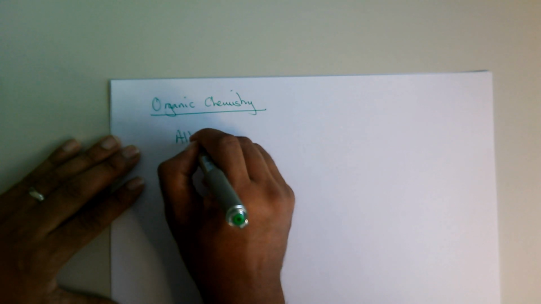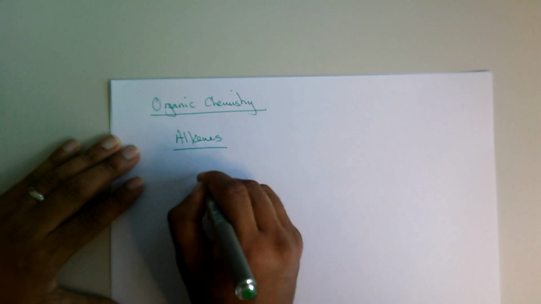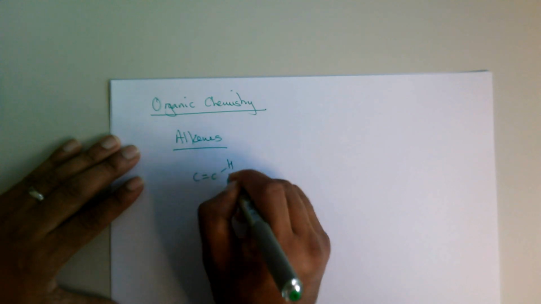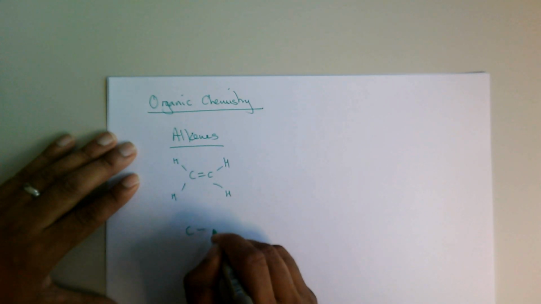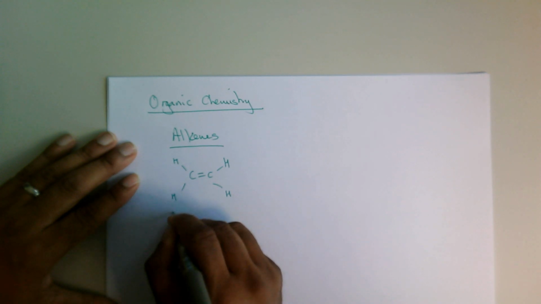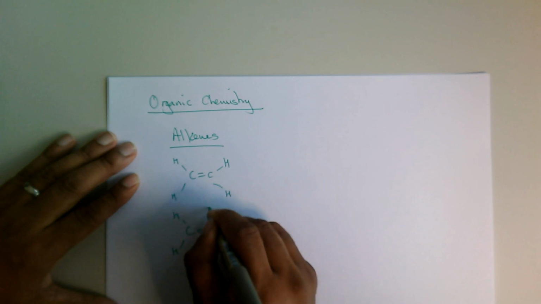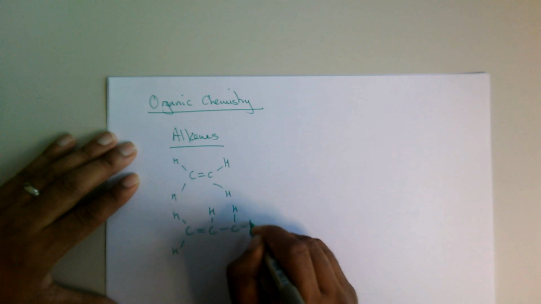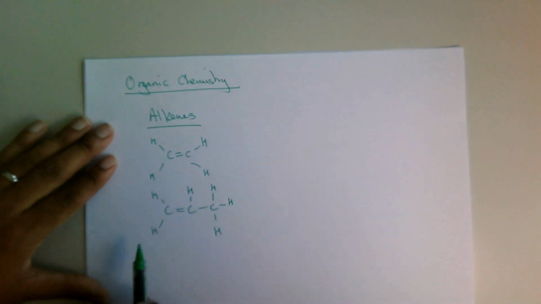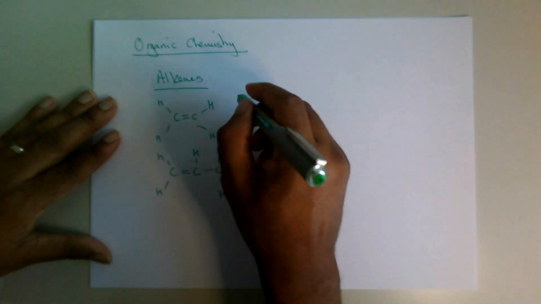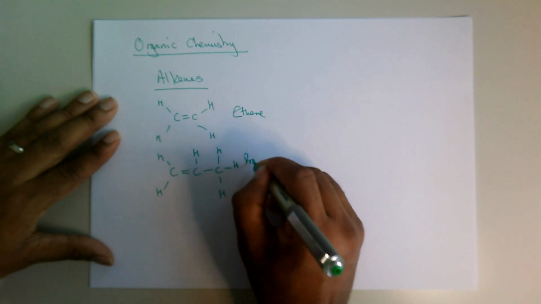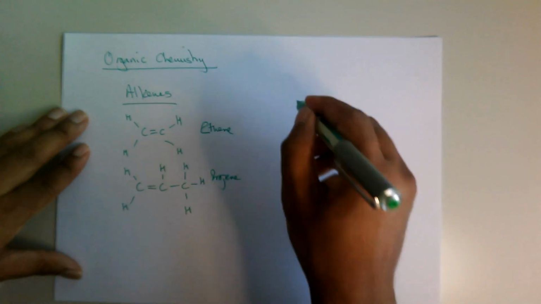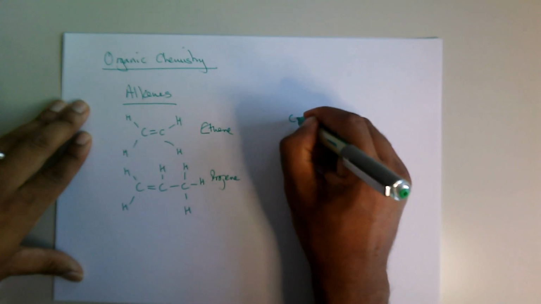In alkenes, you've got ethene, which is relatively straightforward. Propene, again, is also relatively straightforward. Remember, it's a carbon-carbon double bond between just a pair of carbons. It's not for all of the carbons. So that's ethene, that's propene, and then you've got butene. Now, with butene,